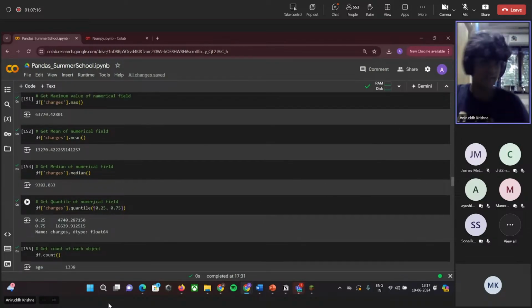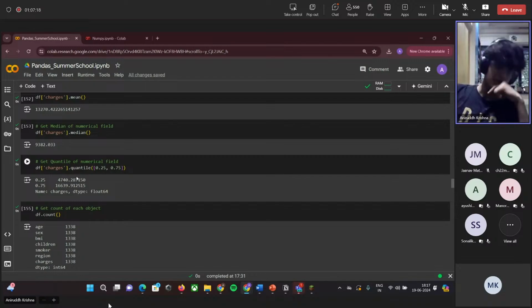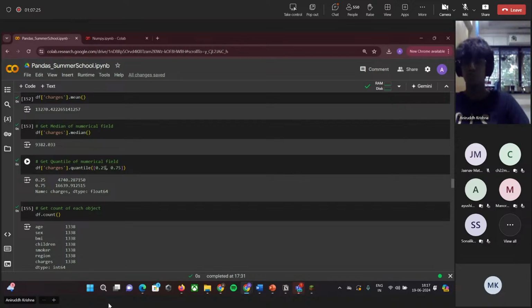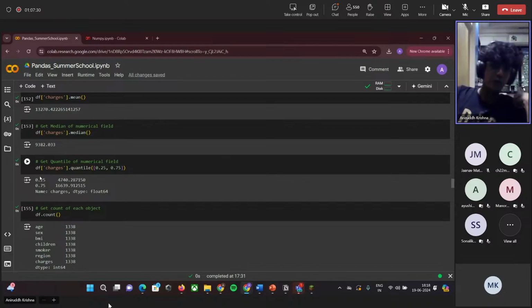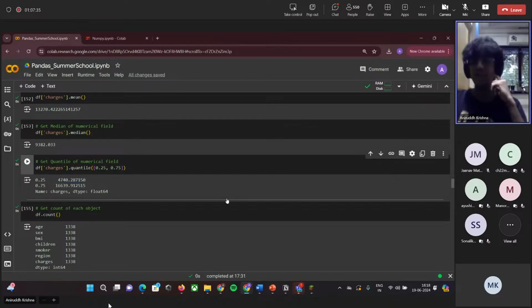And now I'll come to quantile. Now, what exactly is a quantile? Suppose I say I want a quantile of 0.25. That should return a value below which 25% of people are. For example, the 0.25 quantile is 4740, the charge. That means 25% of the populace is below 4740 in charges. They have been charged less than $4740. And the 0.75 quantile gives us 16639. That means 75% of the populace is below $16639. They have been